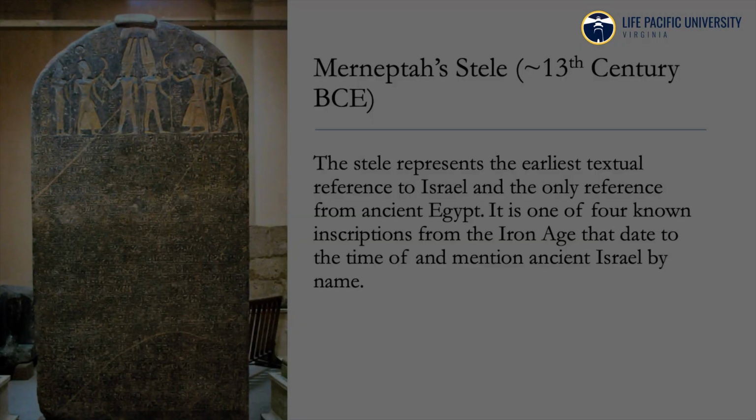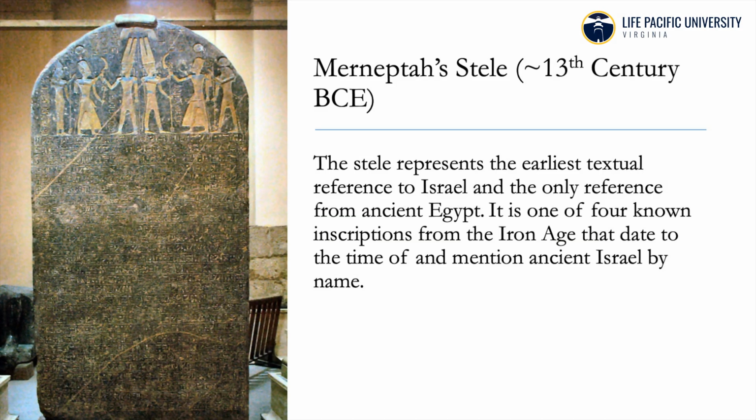Another thing that's just interesting that I thought I'd throw up there just for the sake of trivia. This is the Merneptah Stela. This is the first archaeological evidence of the name Israel in history. This is about the 13th century BCE, and so this is the first time that we get the word Israel anywhere in all of history. And so in 1300 BCE, 1400 BCE, we get this, which is an Egyptian pharaoh talking about, he actually says on here that he has destroyed the Israelites completely, and they no longer exist.